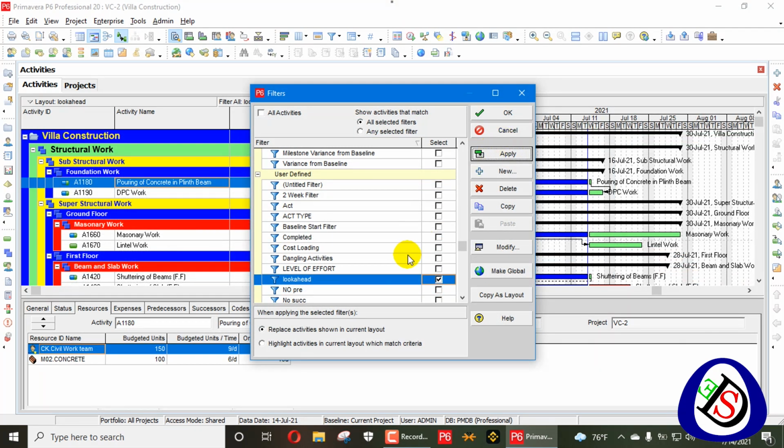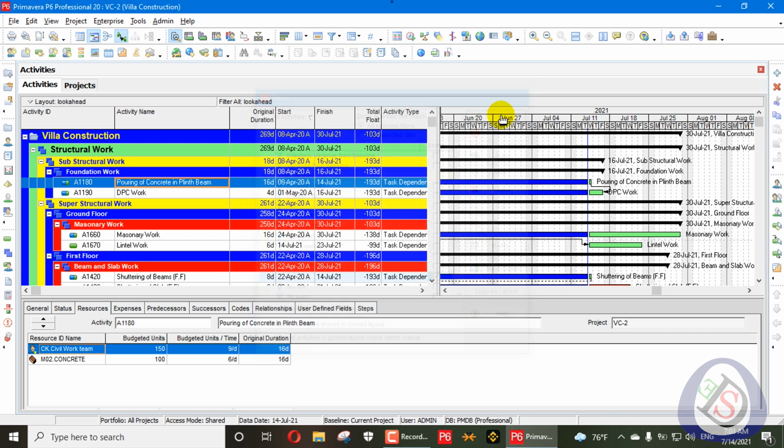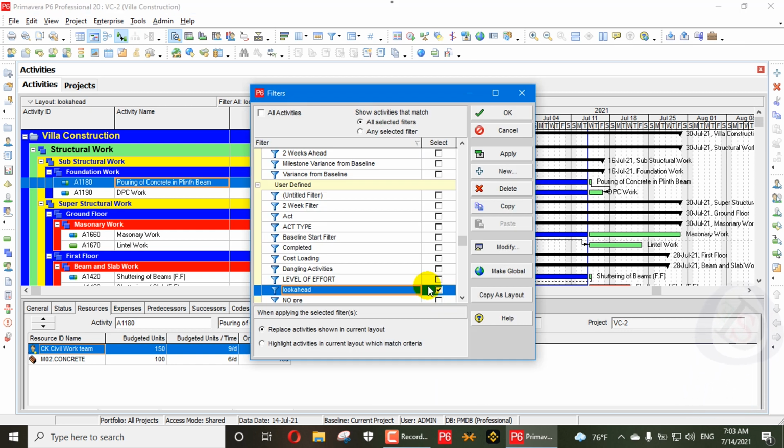You can see here when we apply this filter, modify this filter, it is applied on the current date, and it will show the current date. Because today's date is, you can see here, 14th of July, that's why it's appearing here on today's date. I want to just show you how the current date and data date will act in look ahead. So this is my today's content, look ahead filters: how can we create a look ahead filter and how to create a printout for that.